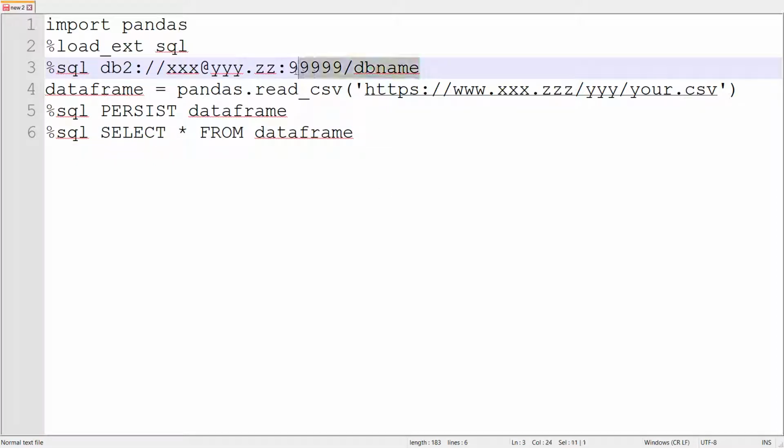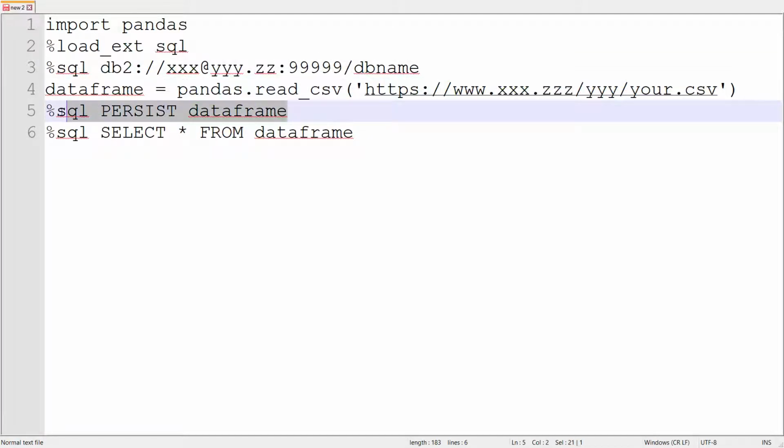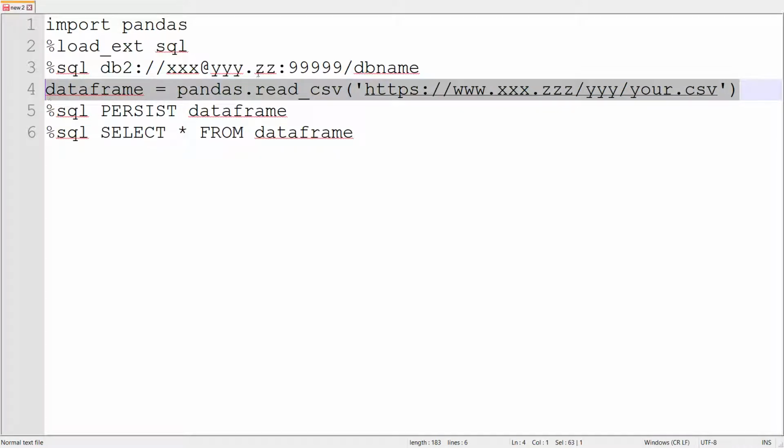We open a connection to a database, we read a CSV, we build a table, that is, we execute a SQL create that is automatically done, taking names of columns and data types from the CSV that you have read.